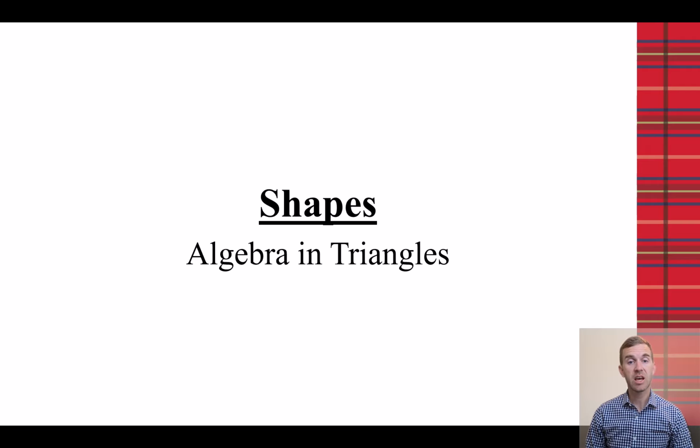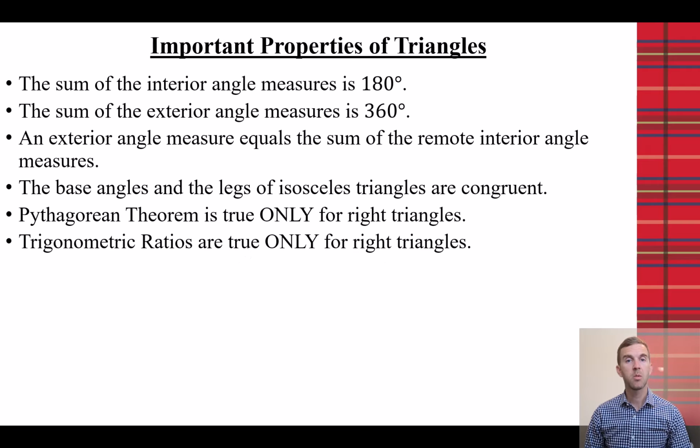In this video, we'll discuss algebra and triangles. Now, some important properties are going to be helpful as we deal with this. First, remembering that the interior angle measures sum to 180, while the exterior angles sum to 360 degrees. It's also helpful to remember that the exterior angle measure will equal the sum of the remote interior angles,